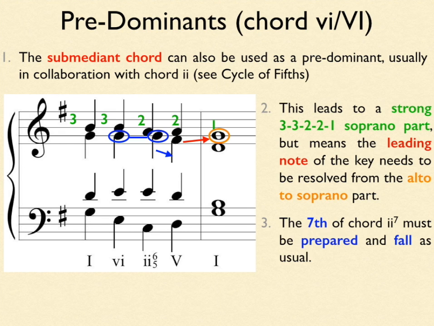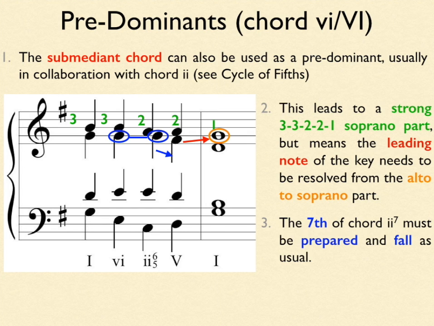Again, the 7th of chord 2, 7 must be prepared, and this time we're in G major, so your chord 2 in G major is A, C, E. Add the 7th on top of that, it's A, C, E, G, and the G is the tonic of the key, and it needs to be prepared in the previous voice part. So you could have put a chord 1 in here, but I've put a chord 6 instead. Okay, so an E, G, B chord, because it has that G,